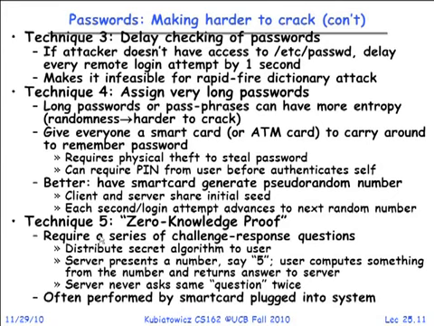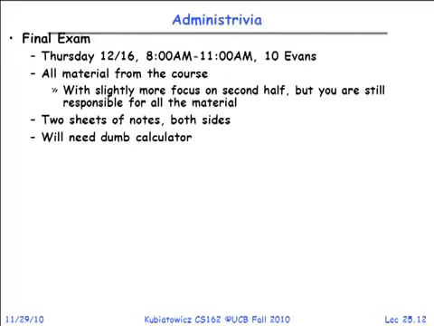So, final exam. Ta-dum. 12/16. So this is 2.5 weeks. It's getting close. It's in 10 Evans. Key thing is a dumb calculator and 2 sheets of notes both sides. And if you don't bring a dumb calculator, you will not be allowed to use your smartphone or other communicating